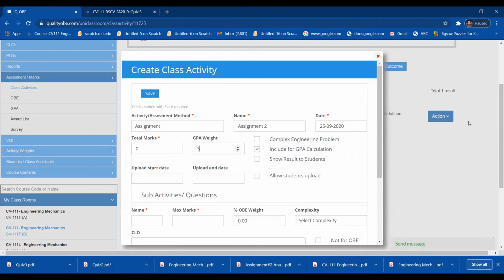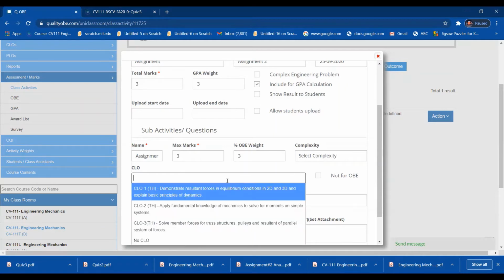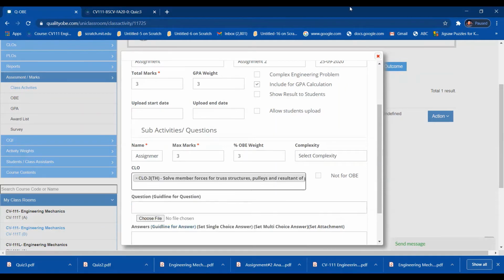So I have to click on this and add the activity here. So let me write assignment number 2. Maximum marks are 3, and its OB percentage is 3%, and it is from CLO 3. Okay, done.